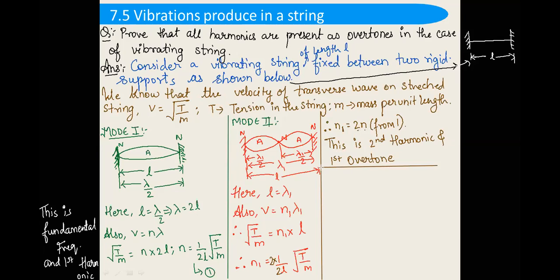Let us understand case 3. So case 3 will be mode 3. In mode 3, we are going to draw a string with 3 loops. So there are always nodes at the tensor surface. Now one node is done. Now there will be 2 nodes, so this is node 1, this will be node 2. Between the nodes there will be more nodes, and between the nodes there will be antinodes. And again we will draw the stationary wave like this. So this is a stationary wave.